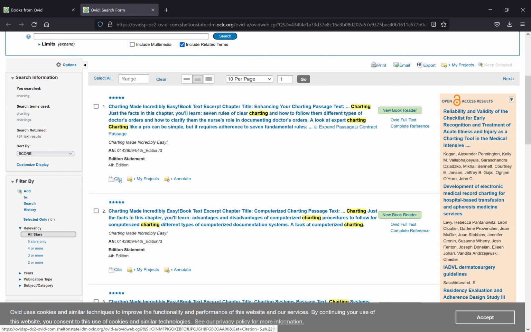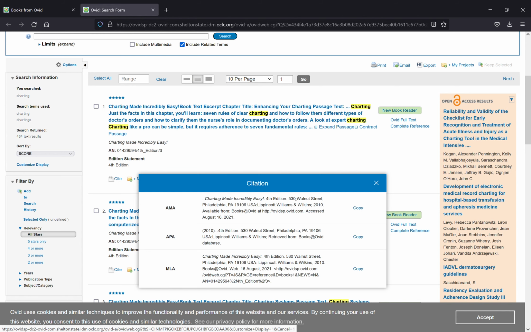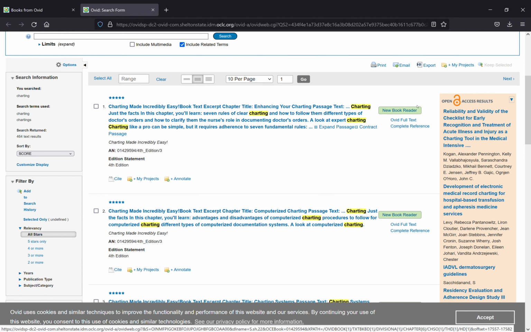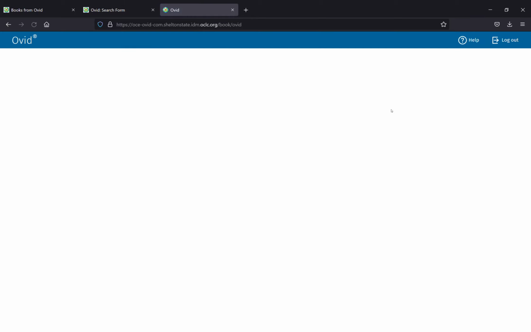If you click on Cite here, it gives you the different ways to cite this, AMA, APA, and MLA. This functionality will be going over to the other view, but I don't know when. This also allows you to go straight into the new book reader here. The OVID full text is their old book reader, and that will be going away in the near future. It's not gone yet, but clicking on new book reader here will take you directly to what was highlighted on the search list